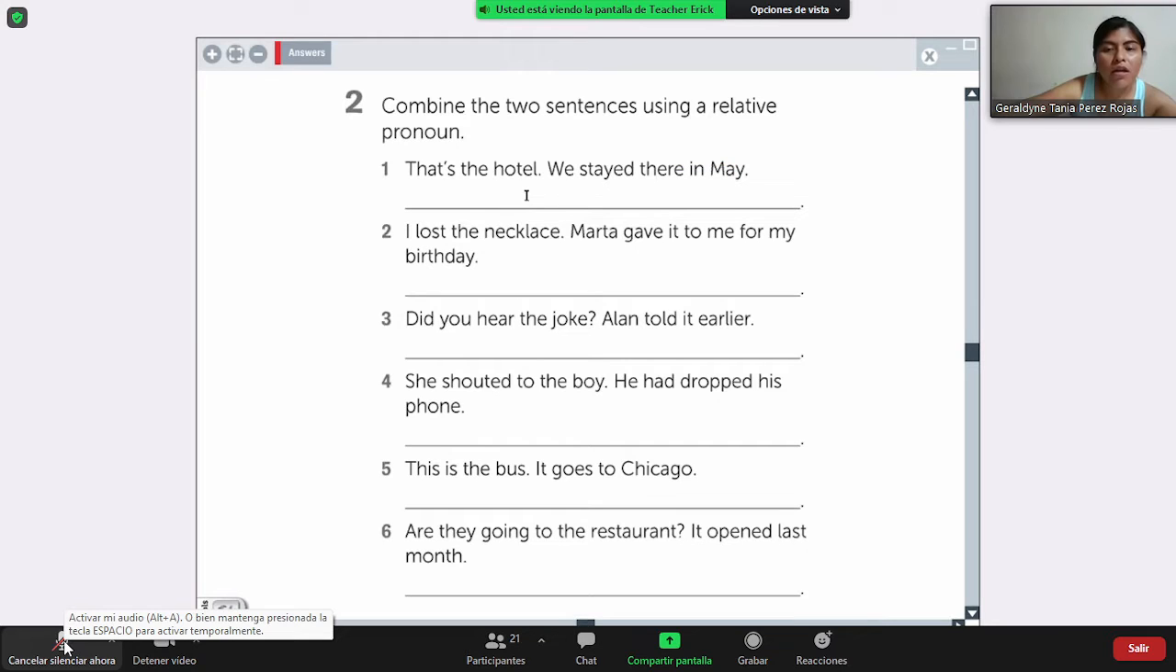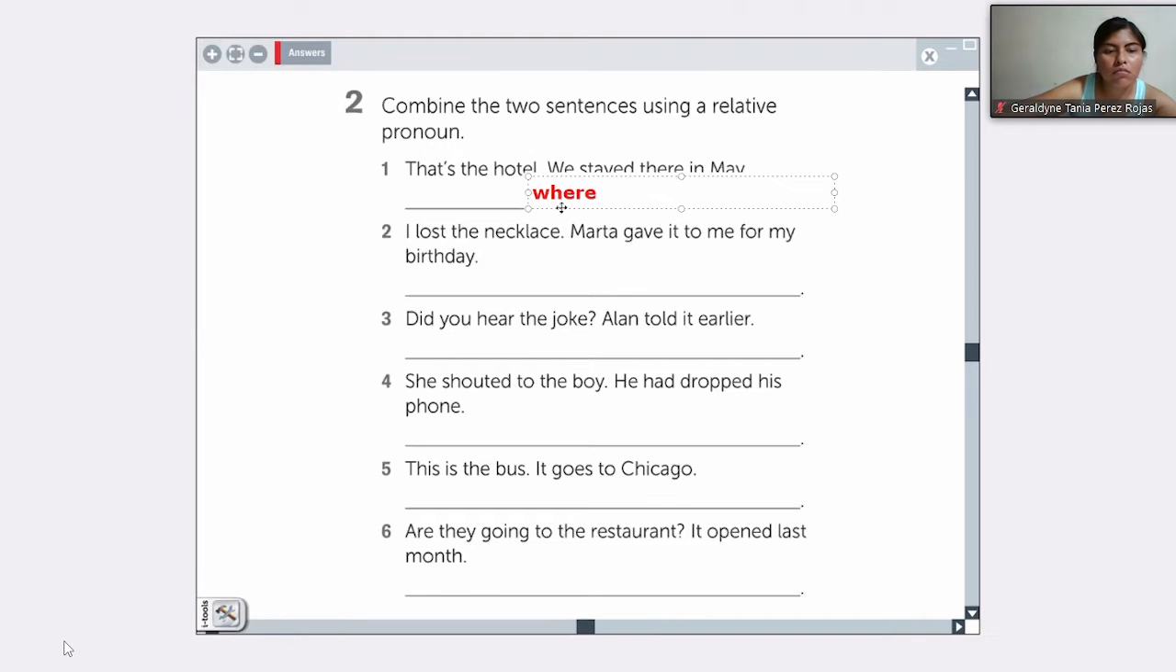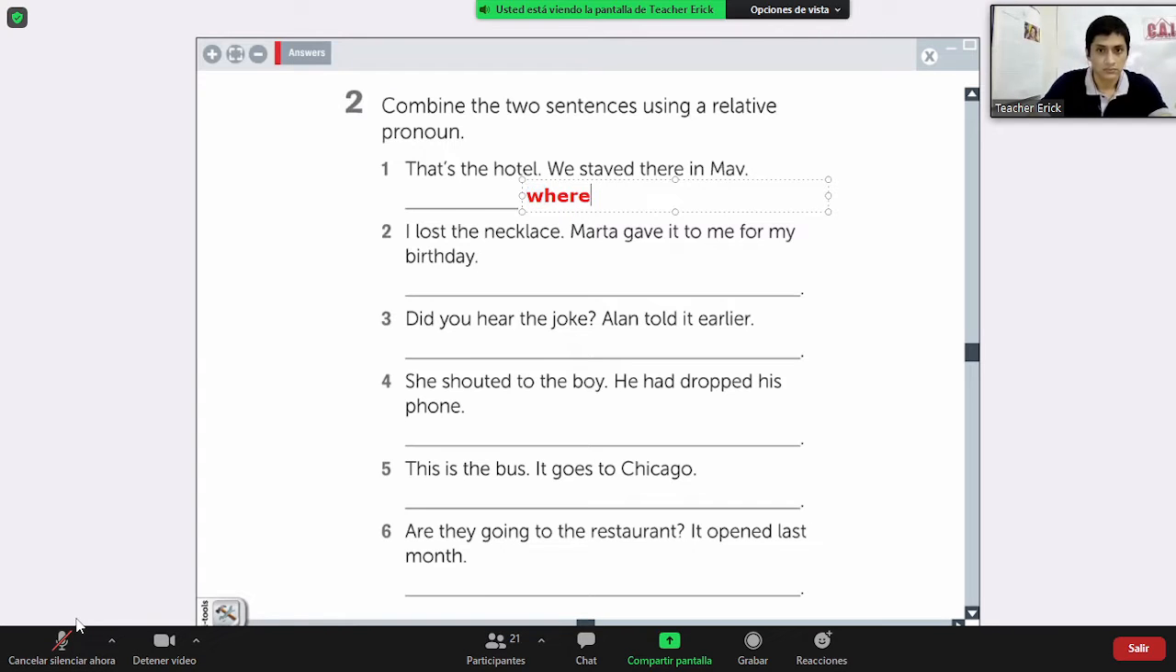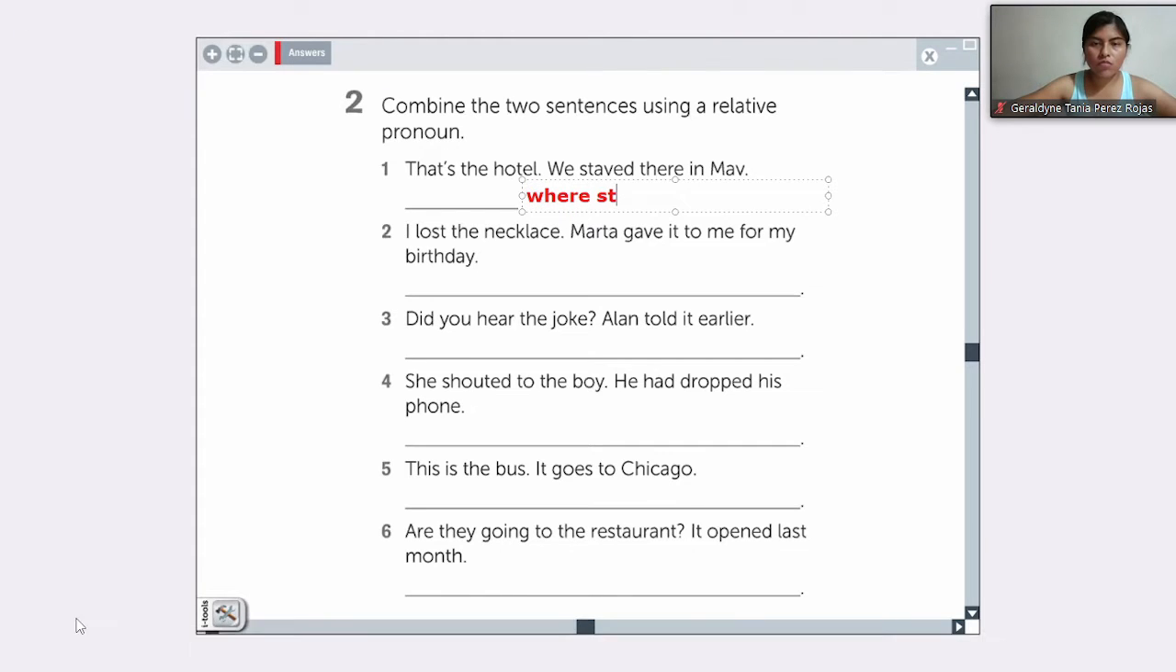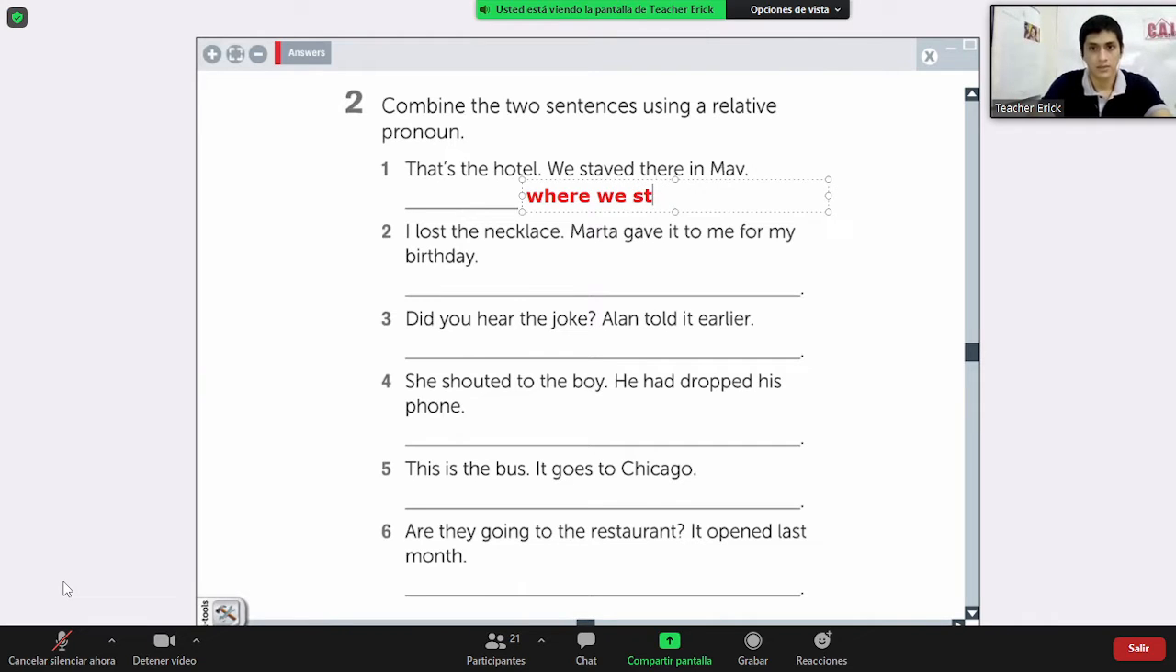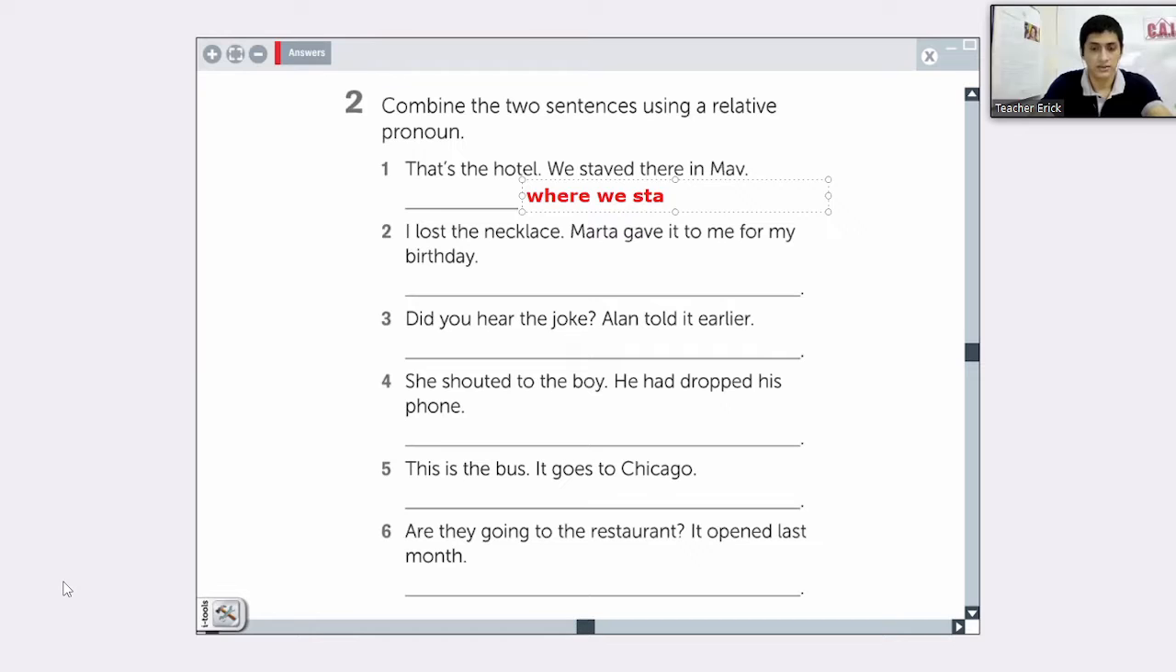That is the hotel where I stayed there in May. Where stayed. ¿Quiénes se quedaron? Nosotros. Where we stay. Entonces, where we stay, because where se refiere solo